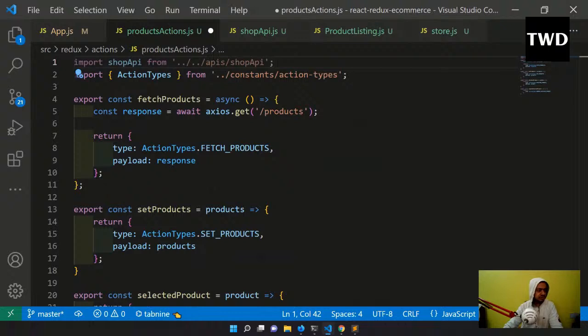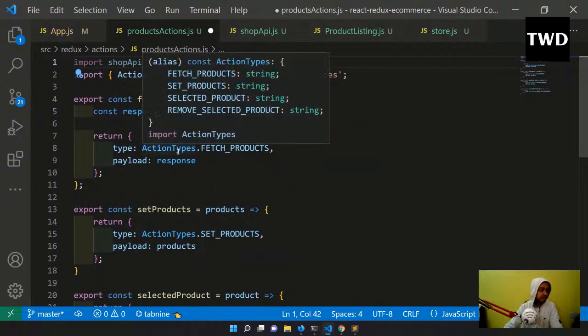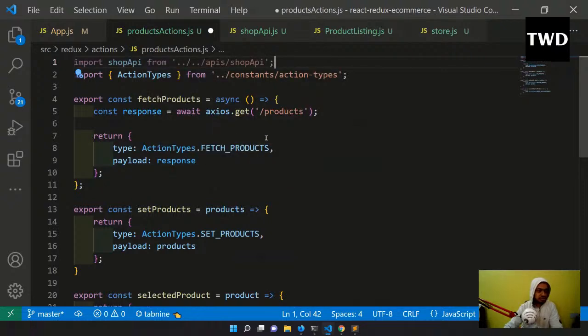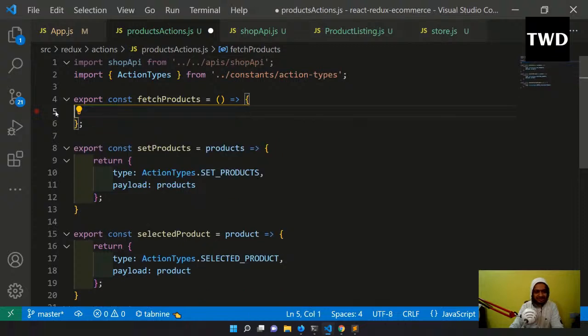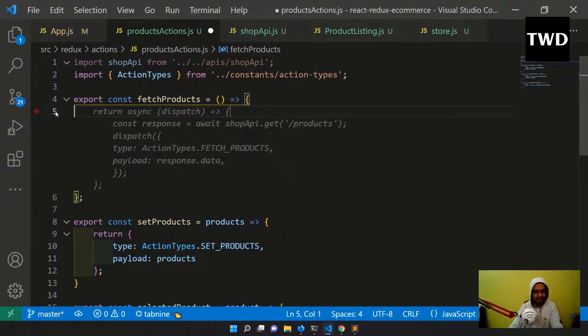But there was also fetch action product is there, and we have to use it in a different way. So the dispatch thing will be done from here only. So first thing first is that this is not a sync like this. It is not a sync like this, and let me actually remove all these things, because a lot of things are here. I don't want to use all of this. Okay, so return